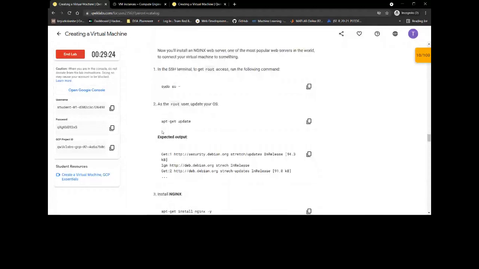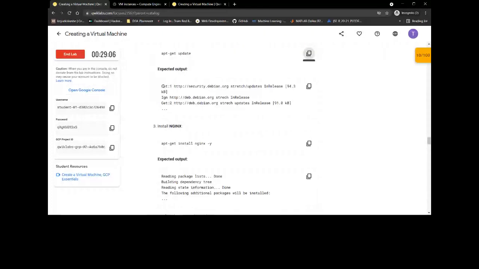Now we will update our OS if there are some updates available. I have also given the expected output that we should get. So we are getting the same kind of output over here.